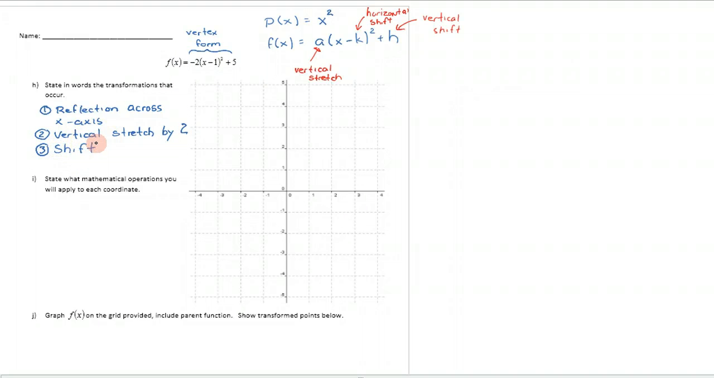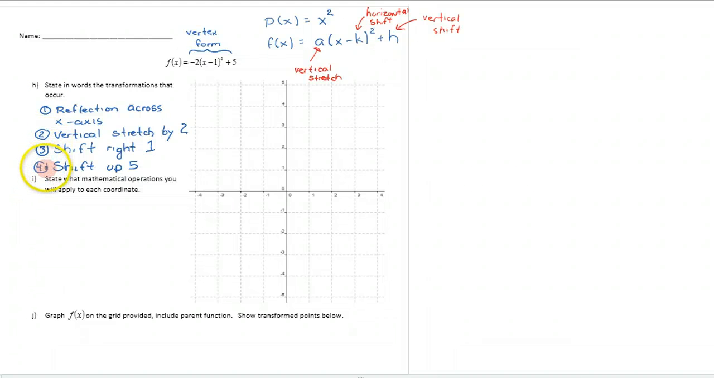The minus 1 is going to correspond to a shift. And what I do here is I actually use the word left or right as opposed to horizontal. If it's minus 1, it's going to be a shift to the right 1. And finally, the plus 5 is going to be a shift up 5. So these are the transformations in words,